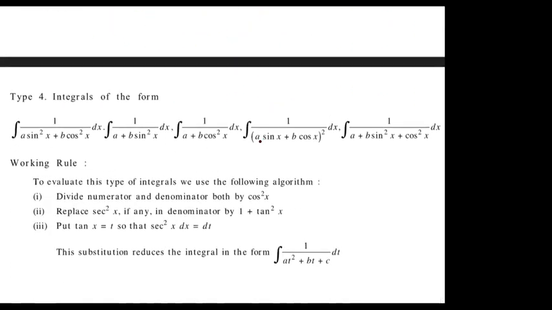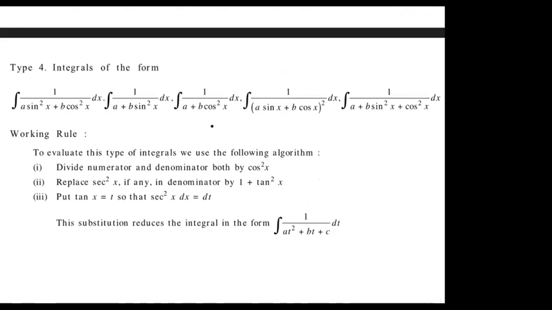So let us try to understand this last form in the trigonometric expressions. See here what we are having: earlier we were having the linear function of sin x and cos x, right? But now we have sin square x and cos square x, fine. In such situations, in every one of these expressions, we divide the denominator and numerator by cos square x, or what you can say, multiply the denominator and the numerator by sec square x.